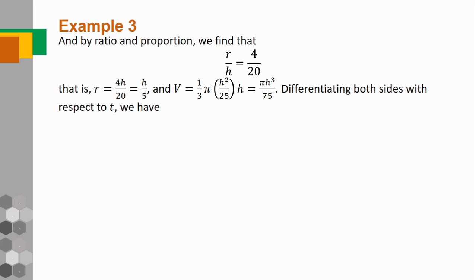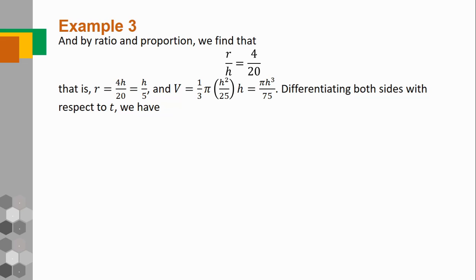That is, r equals 4h over 20, and that's equal to h over 5. And the volume becomes 1/3 pi times h squared over 25 times h, and that's equal to pi h cubed